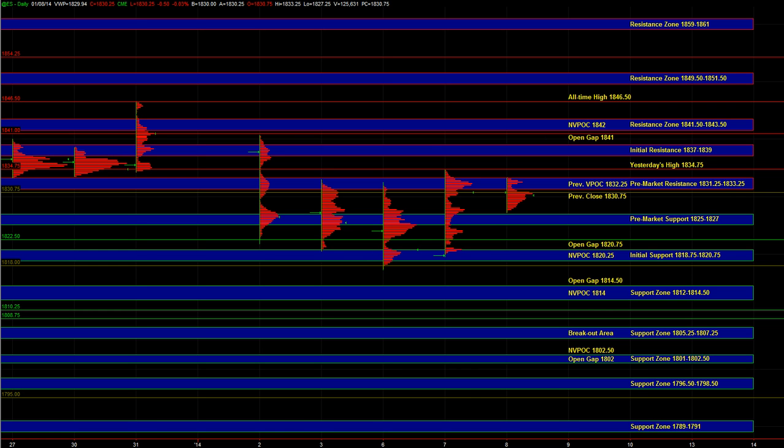So the theme this morning early in the session is going to be about being very selective on the types of trades you take. And the reason being is that there really isn't any strong catalyst telling us that we're going to get a big directional move. Again, if the signs are there in real time in the price action, we start seeing some